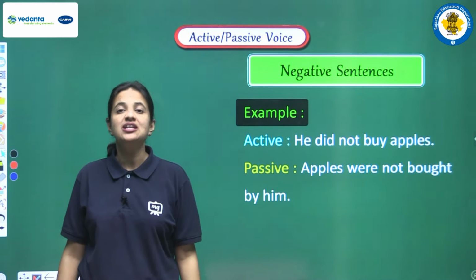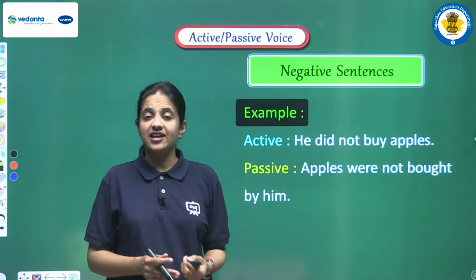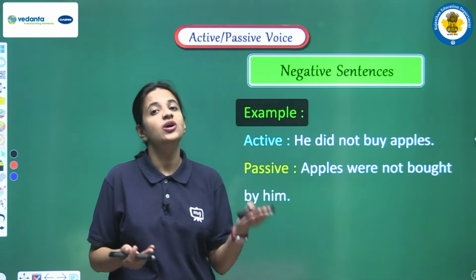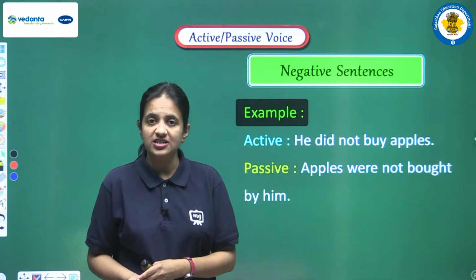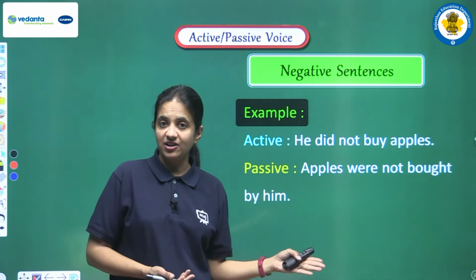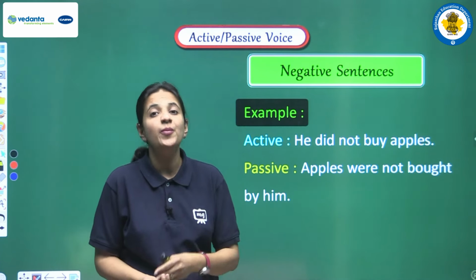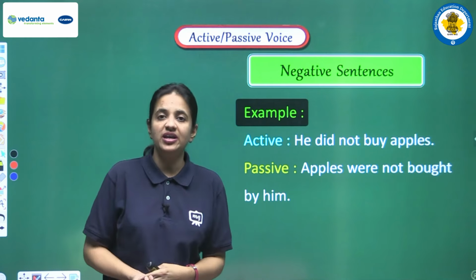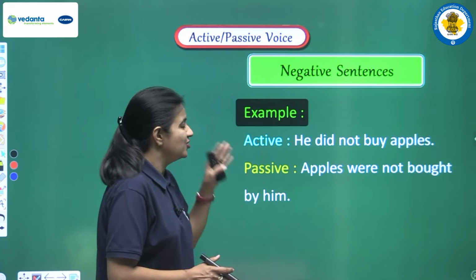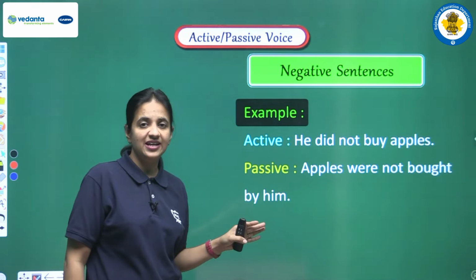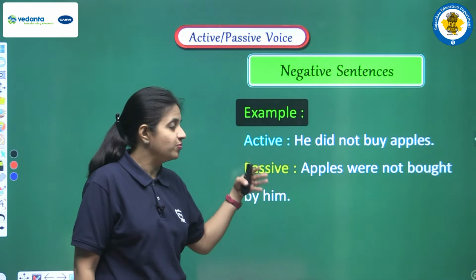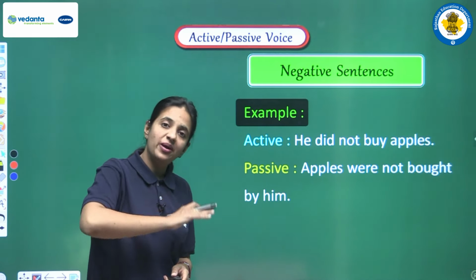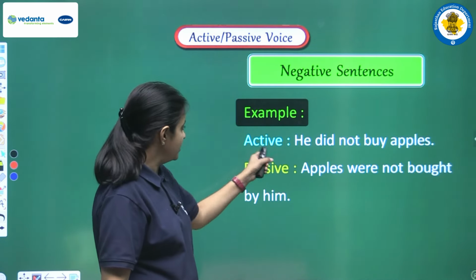Moving on, now we are having negative sentence. So yes, in active voice we can have negative sentence, and as I have told you earlier that we cannot change the form. If you are having positive in active voice, make your passive voice in positive. If you are having interrogative in active voice, make your passive voice in interrogative form. And if you are having negative in active voice, then your passive voice should be in negative form only. So let's see some of the examples of negative sentence. Let's observe the structure, that how can we convert the negative sentence from active voice to passive voice. So let's see the first one.